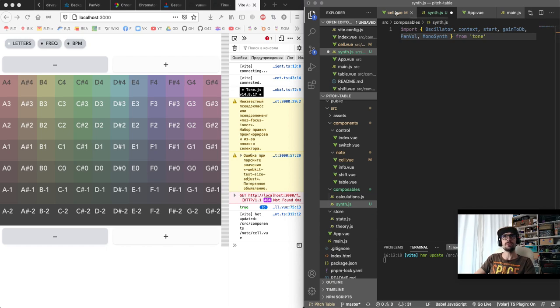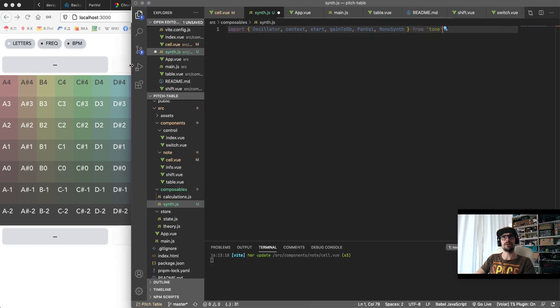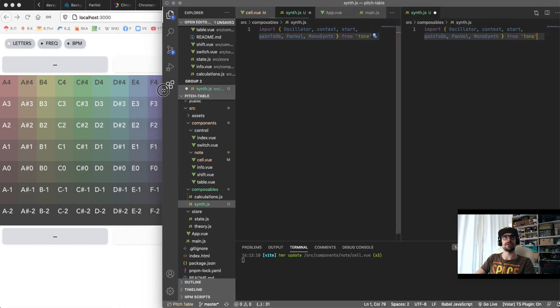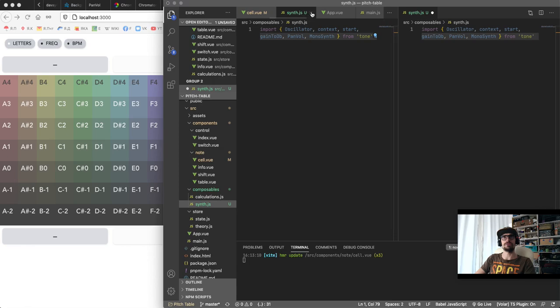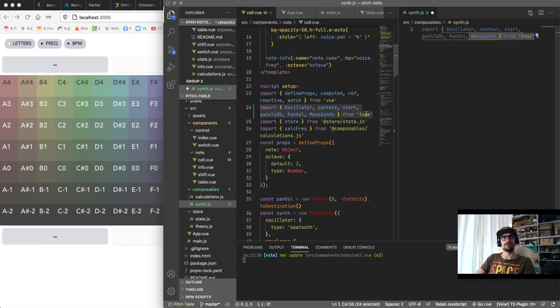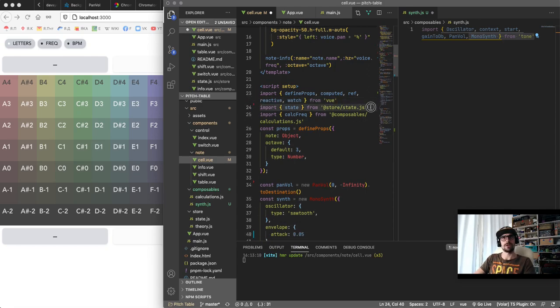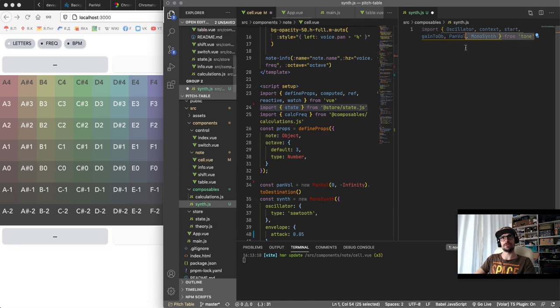And I don't know whether it should be easy or not. Usually when I start doing things like this, I have two windows and start grabbing everything that I want and need from there. So I'll definitely need the state,